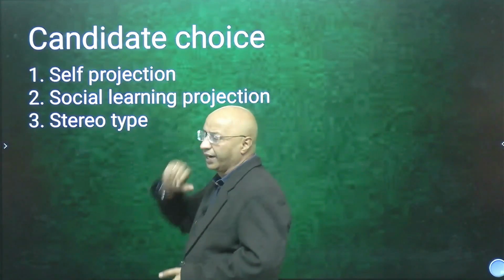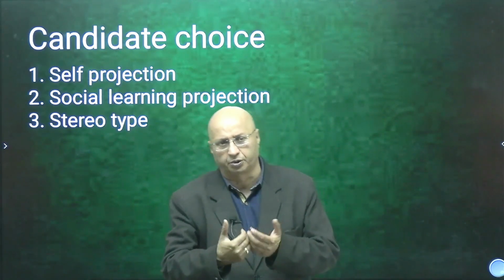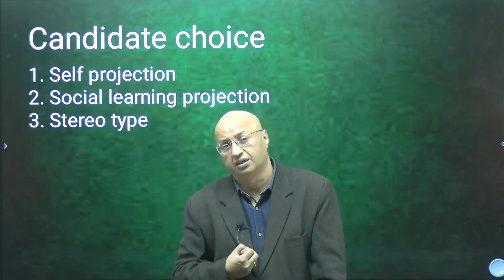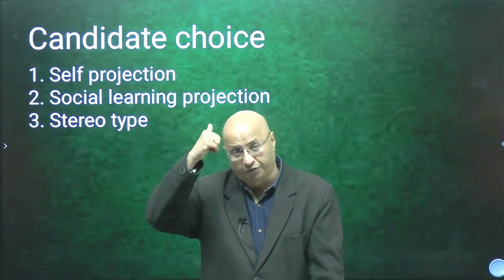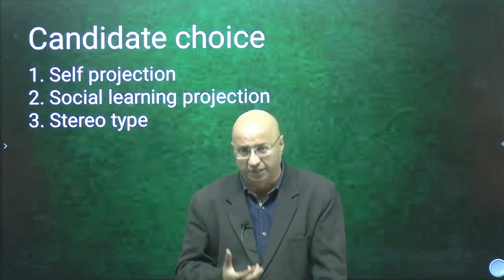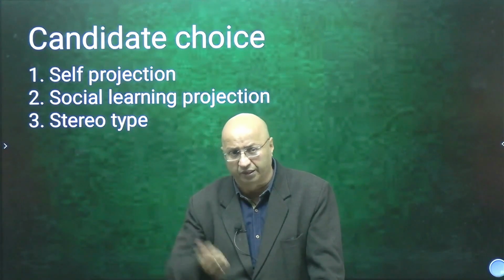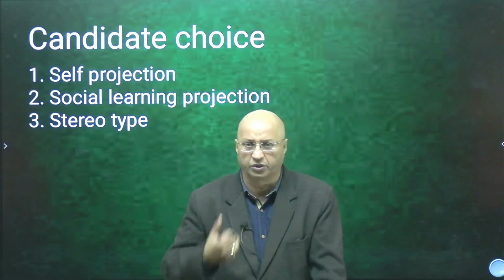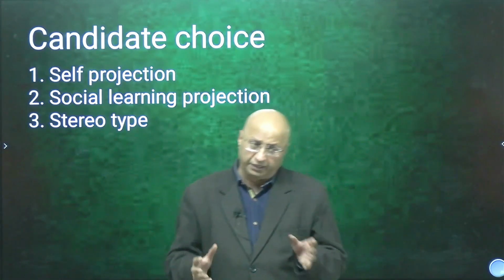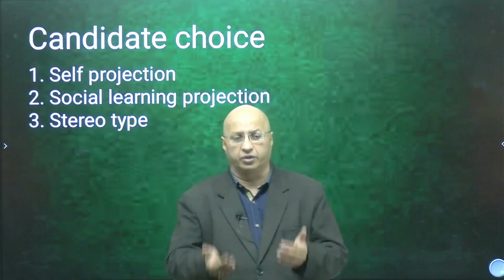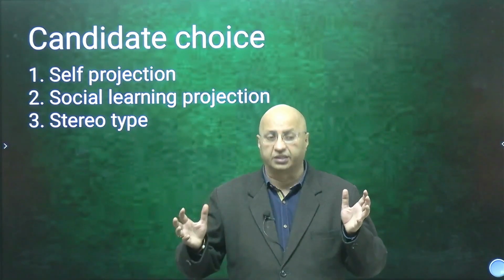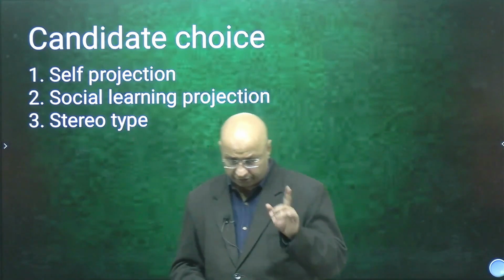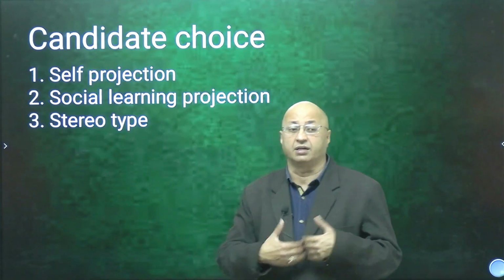One is to write a story of self-projection, in which the candidate feels the freedom to write something about himself. For example, in the first story, if you remember, he had written about a football championship. And that gentleman who had written the story was actually a football player. So you can write similarly if a girl wants to. But again, rather than writing only a selfish need, it's something with the team, something with the group, something with society benefit that can be taken into account. Is it clear?